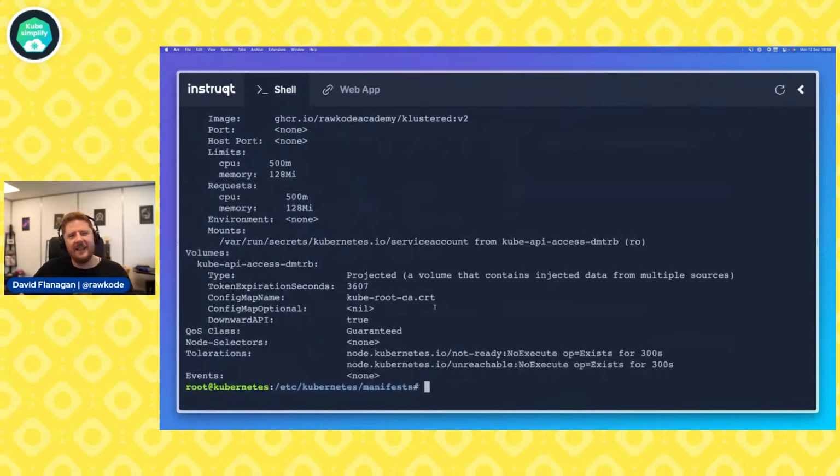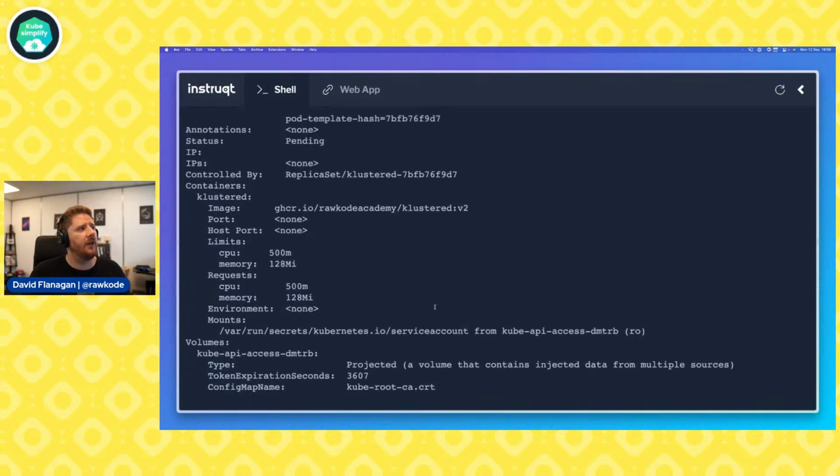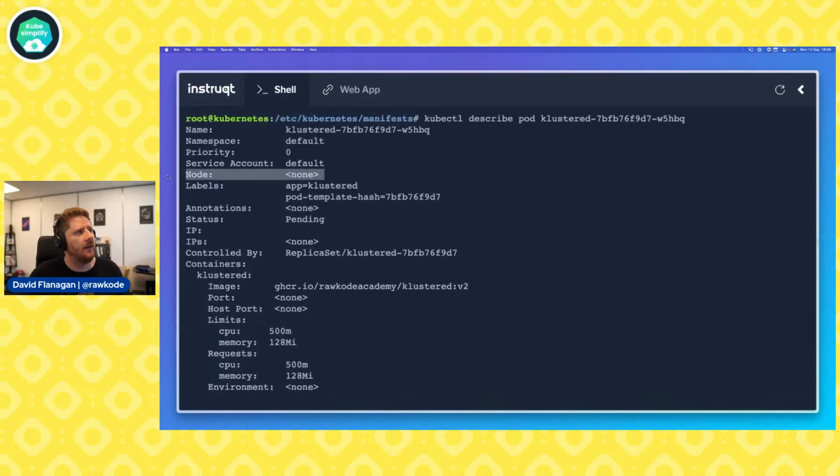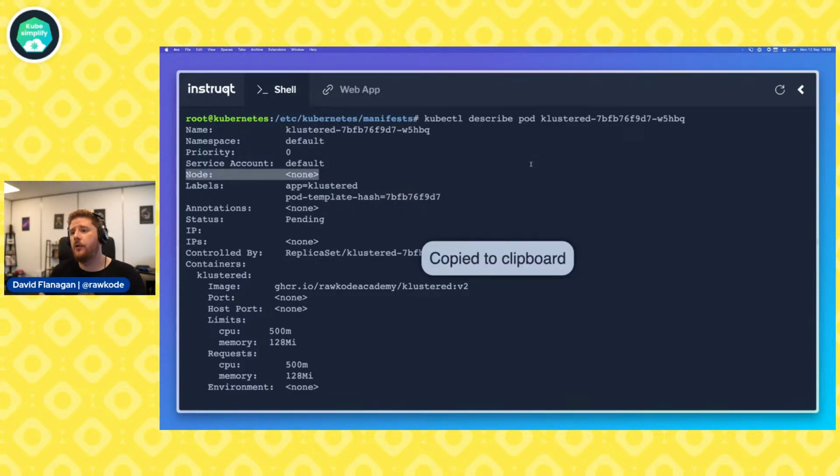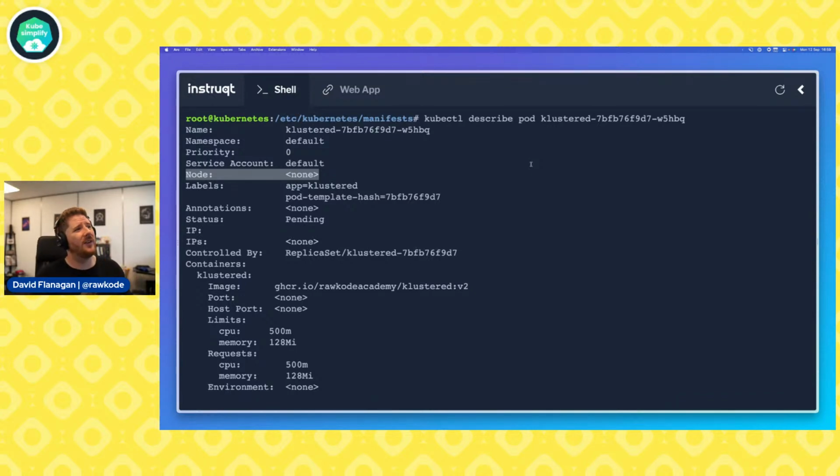And again, these are all errors and situations within a Kubernetes cluster that I think are fun because they highlight some of those cracks in the observability or understanding of Kubernetes. There's no error message here. There's actually nothing to tell us this is unscheduled. In fact, the only thing that really reveals anything is this node is set to none. Sorry, my highlight pops my sidebar open. There we go. Is that our node is set to none. And unless you know to look for that, it's very easy to miss.